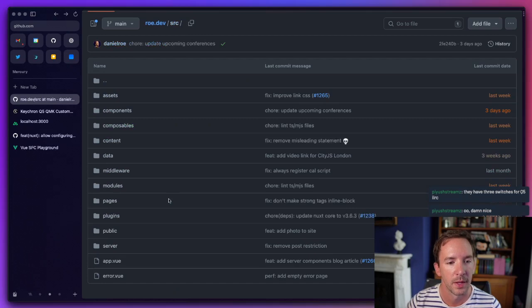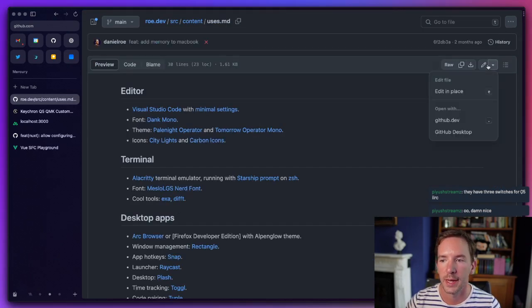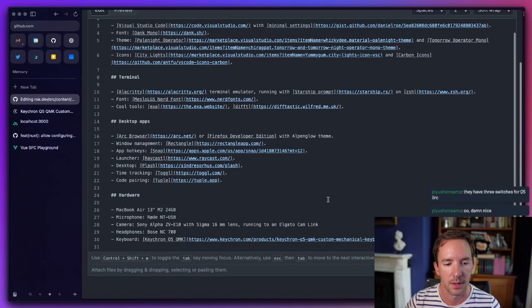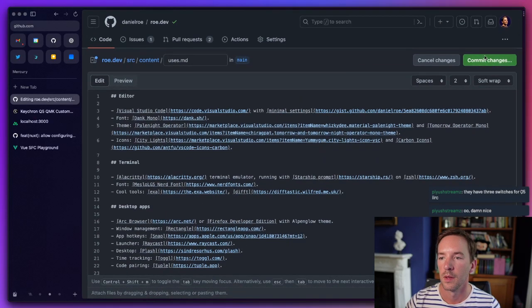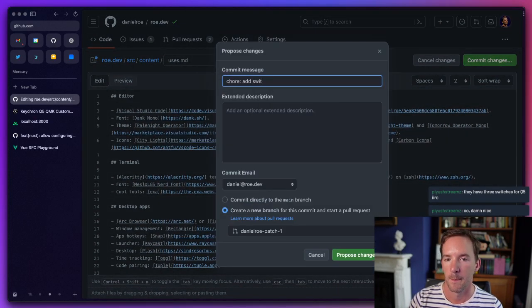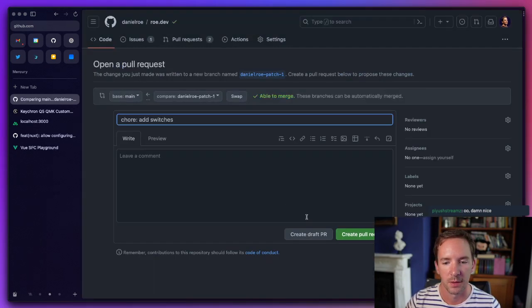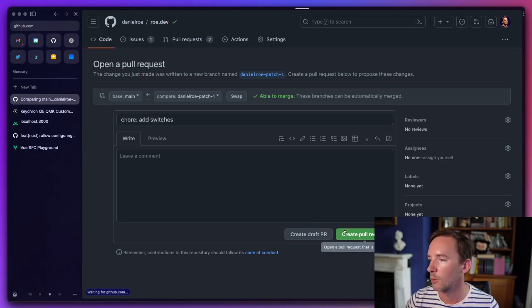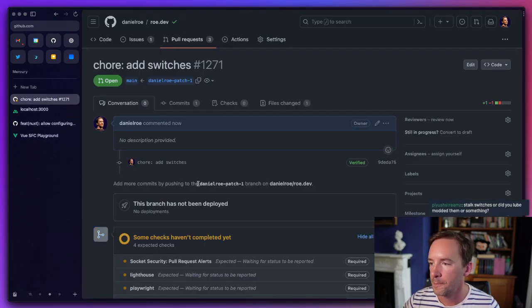Oh, it's just a content site, so it should be straightforward to edit and say... oops, I really did not need a pull request, but there we go. Okay, so